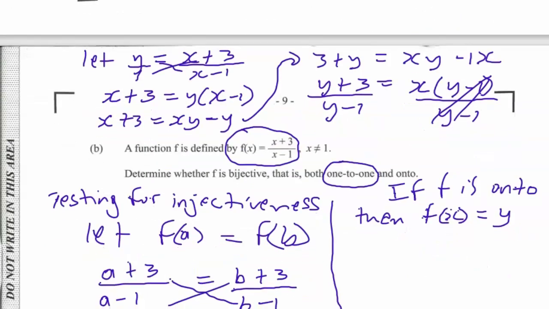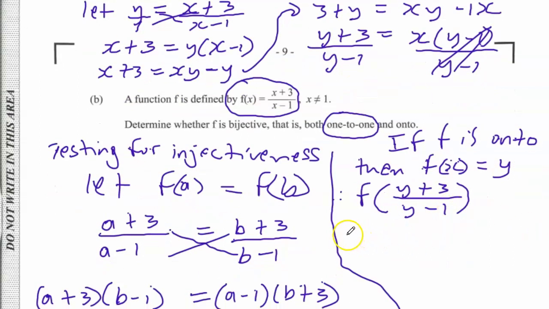So, alright, we want to show that f of x is equal to y. Now, f of x is the same as f of y plus 3 over y minus 1. It's our substitution. So we're going to find f of y plus 3 over y minus 1, and it should be equal to y. Alright, so f of what's in the bracket here. So again, come back to this function here. We're going to replace x with whatever is inside of the bracket. So x plus 3 becomes y plus 3 over y minus 1